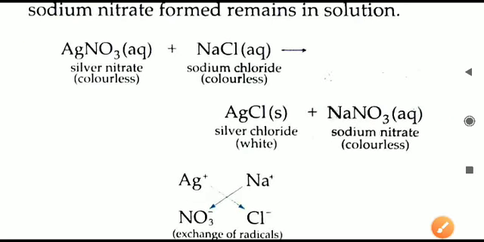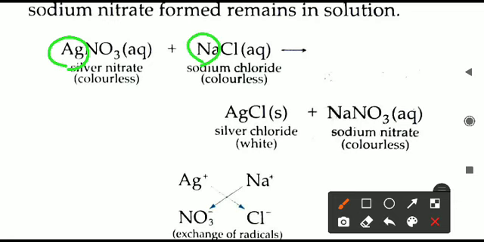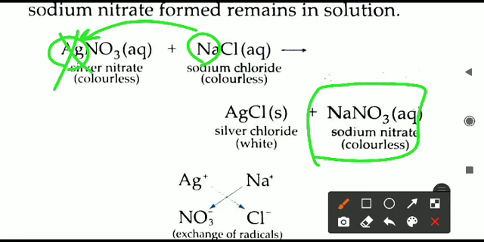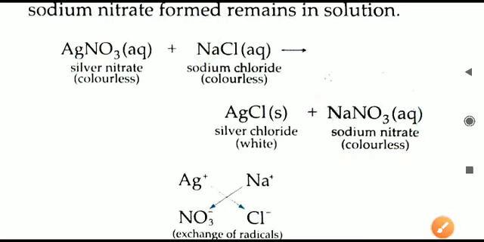Let us see in this reaction here. Silver and sodium, two are there. Sodium has contacted this thing and it has been displaced. So final product, what is formed there? NaNO3. That is sodium nitrate, and the color you can notice in the bracket downside, it is written, that is colorless. Colorless solution will form there.